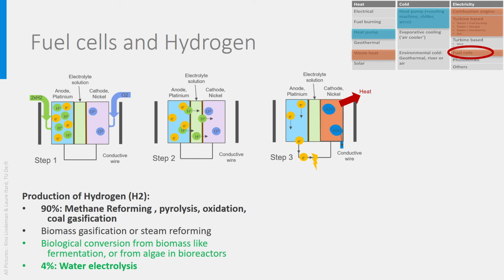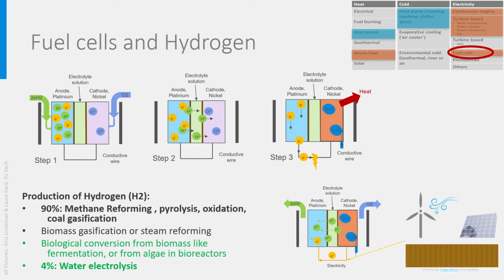This electrolysis could be used as storage for excess production of electricity by wind turbines or solar photovoltaics. When the electricity is not needed in the grid, it can be stored by transforming it into hydrogen in an electrolysis plant. The hydrogen can then be transported in pipes or containers to fuel cell plants, where it can be converted back to electricity. Of course, it is less efficient than just using directly the electricity, but it helps bridging the gap between electricity demand and electricity production by renewables. There is not always wind and not always sun.